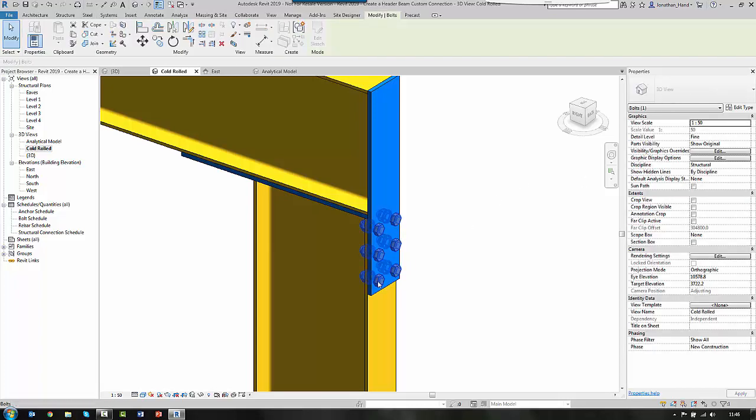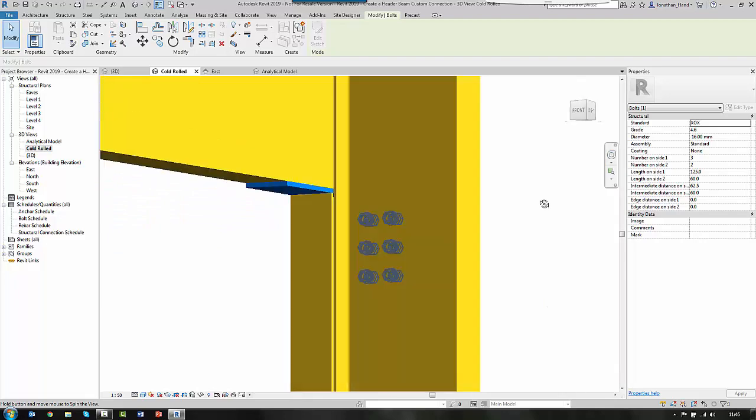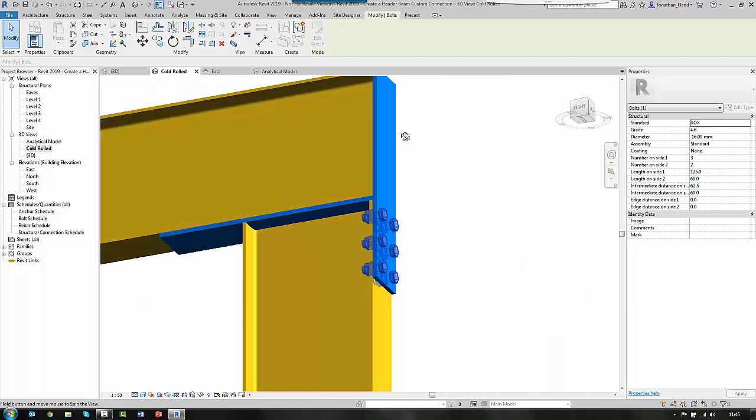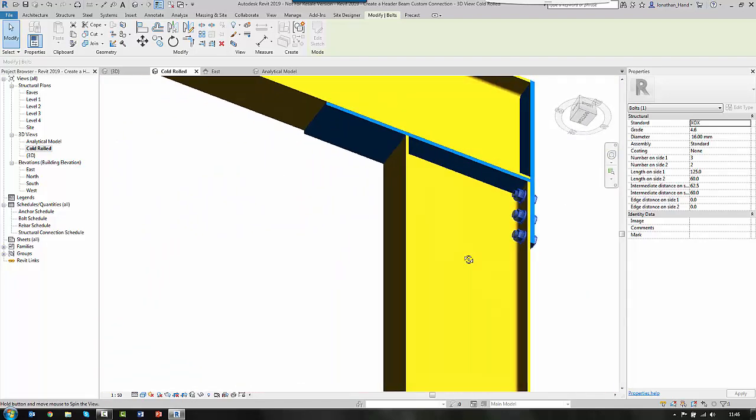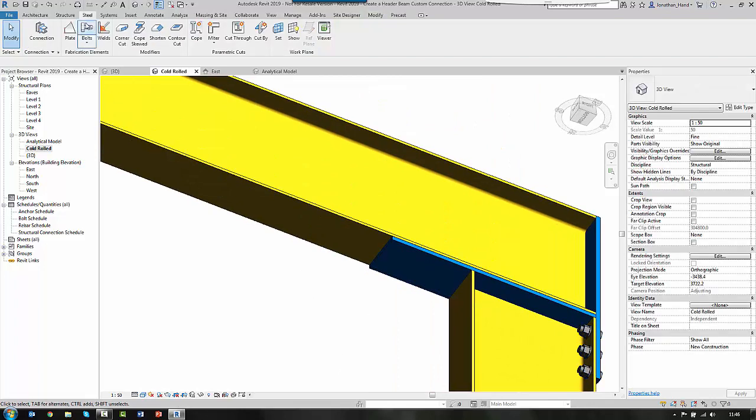So you can see there we can bolt the connection like that. Then I want to put in the next set of bolts on the underside. So again I go to bolt,